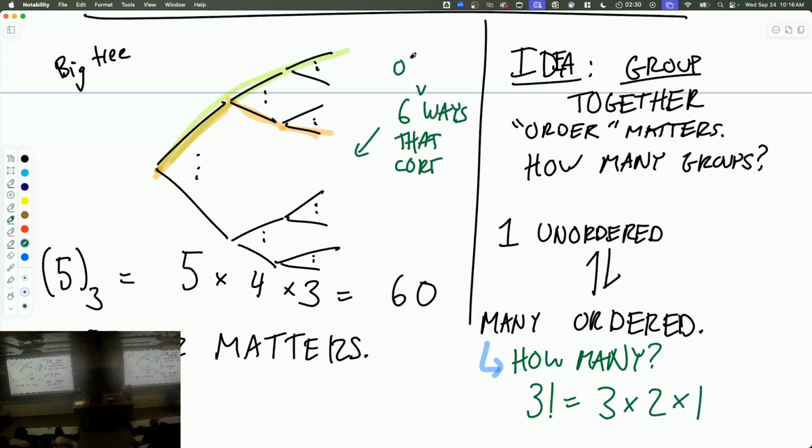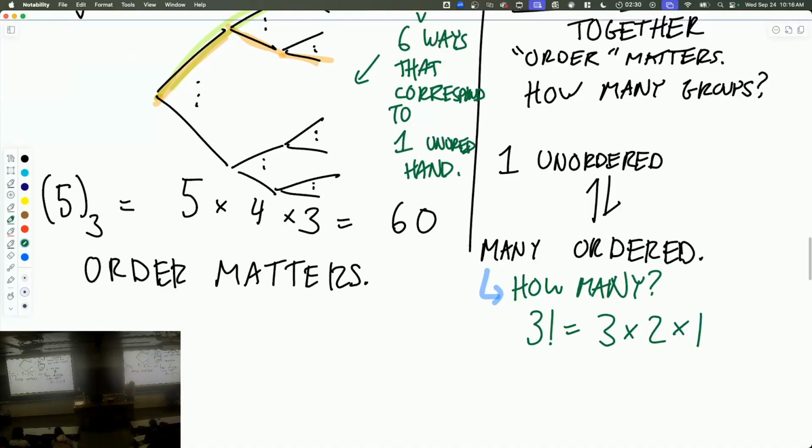So when we say 6 ordered ways that correspond to one unordered hand, that's the big idea. Now if there's 60 total, and we can group 6 of them together to make one of these unordered hands, how many groups are there? Therefore, there must be